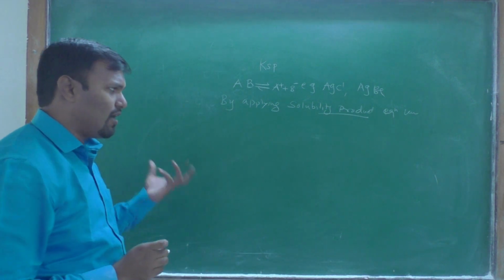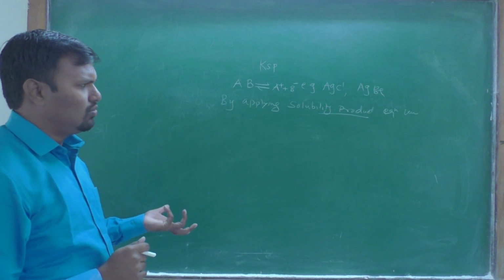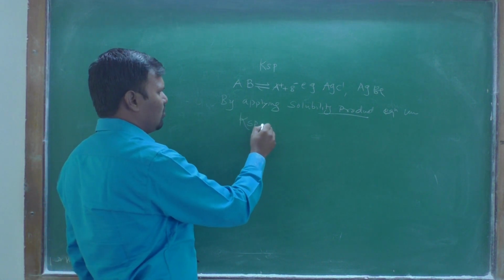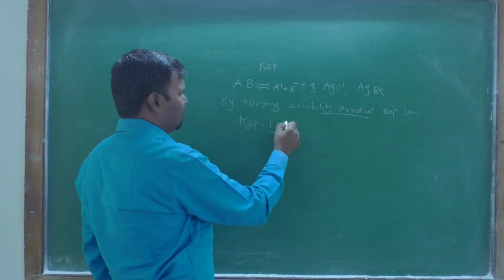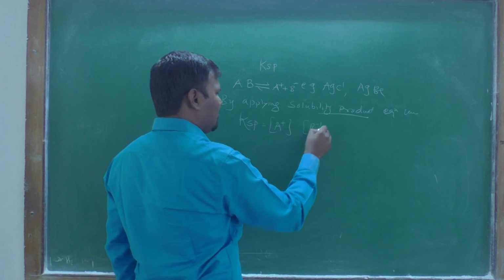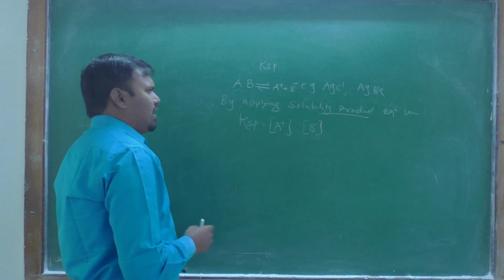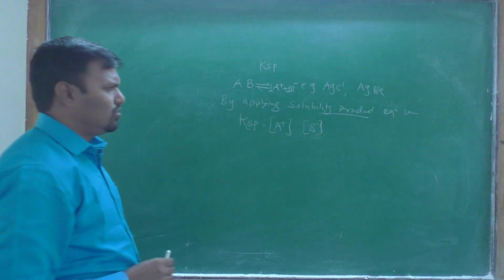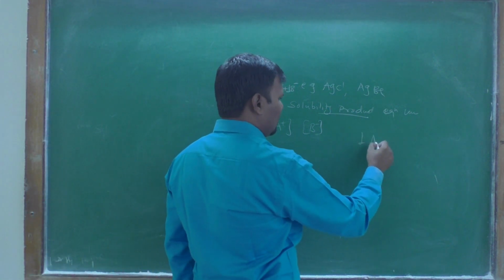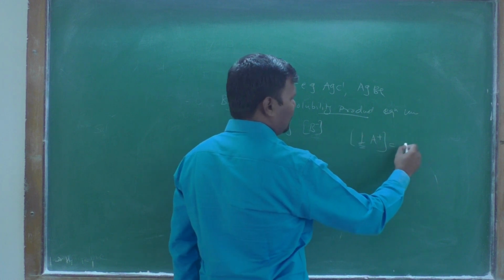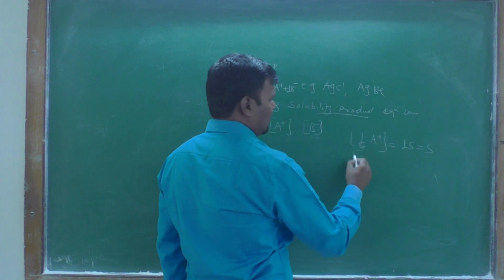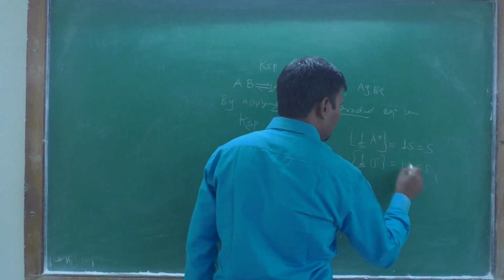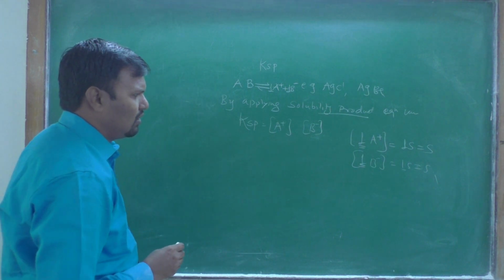We have studied how the solubility is found out. For this we can give the Ksp is equal to the concentration of A+ and the concentration of B-. Therefore, the number of ions produced: 1 A+ and 1 B- are produced. Therefore the solubility of 1 A+ is given as 1 into S, that is S, and for B- it is 1S, that is S. That is 1 into S solubility for the cation and the anion.